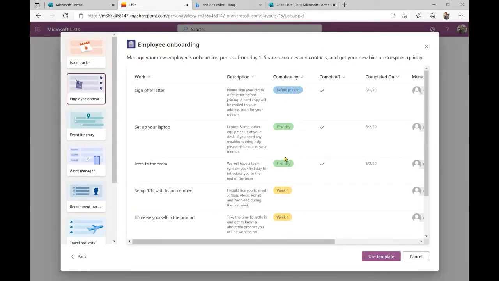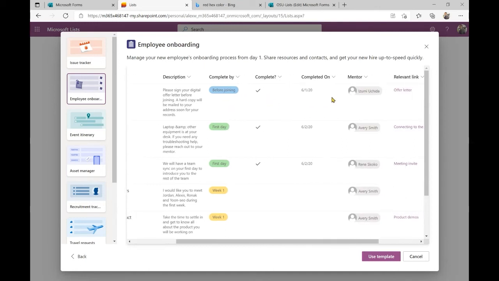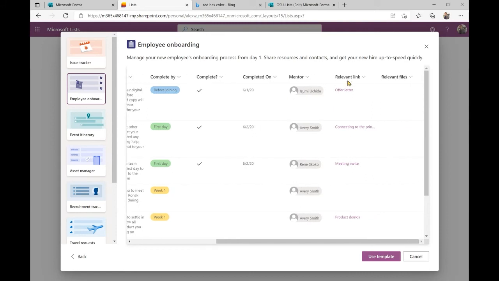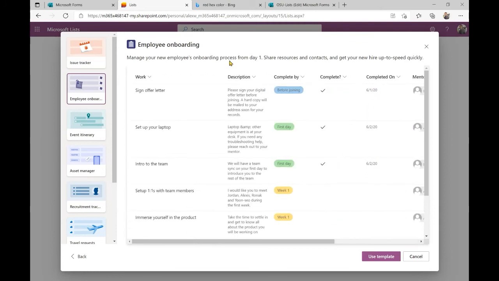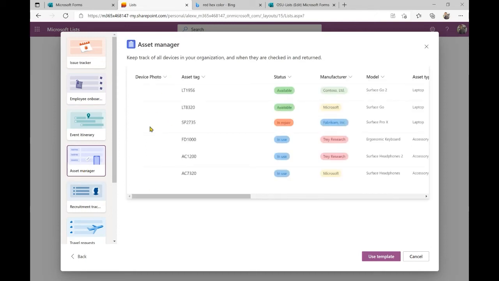Complete before joining, so it gives the time frame in which they need to have this completed. They can check off that they have completed it, what day, and who mentored them. Here's the link to the offer letter that they need to sign in the first place. So this is something you can use. You have all kinds of templates to start with.